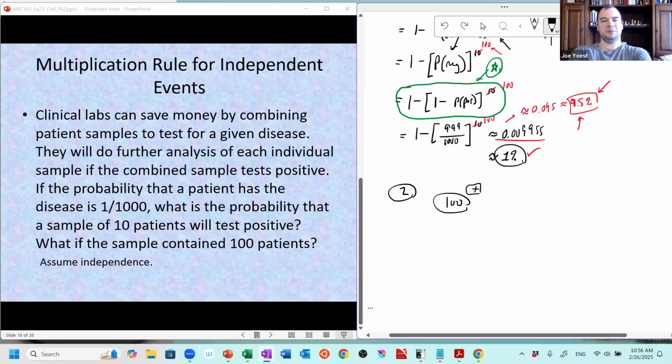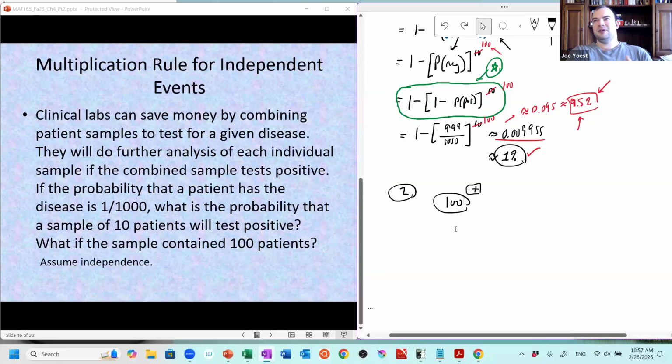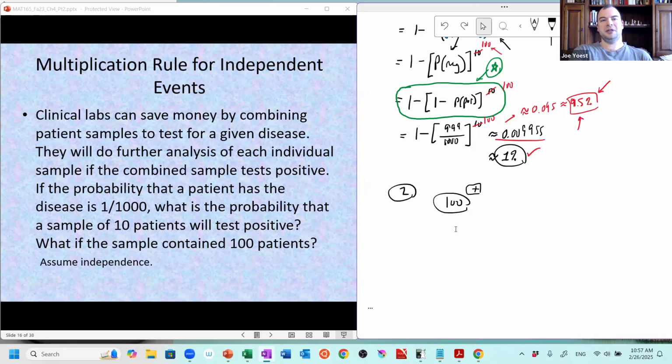But we know that if we have 100 people who test positive, it's actually a pretty good chance that there's only one positive person in that 100 people. The chance that any one person is positive is 1 in 1,000. And if I have 1,000 of them, I'd expect on average one to be positive. If I have 100, I'd expect on average none to be positive, except for the information that I have that the pool is positive. So at least one person is. It's probably quite likely that one individual in this pool is positive and 99 are negative.